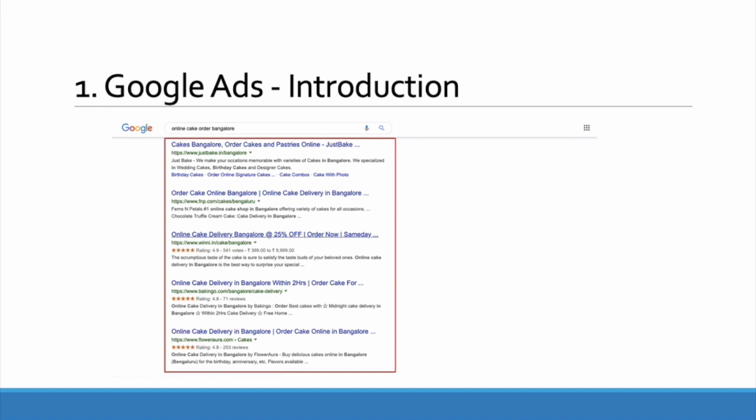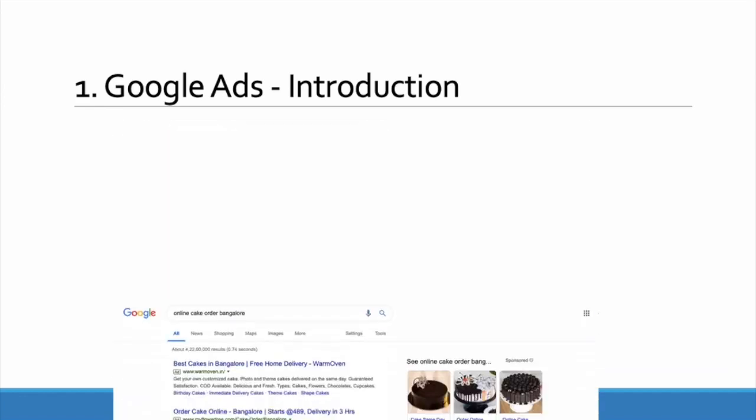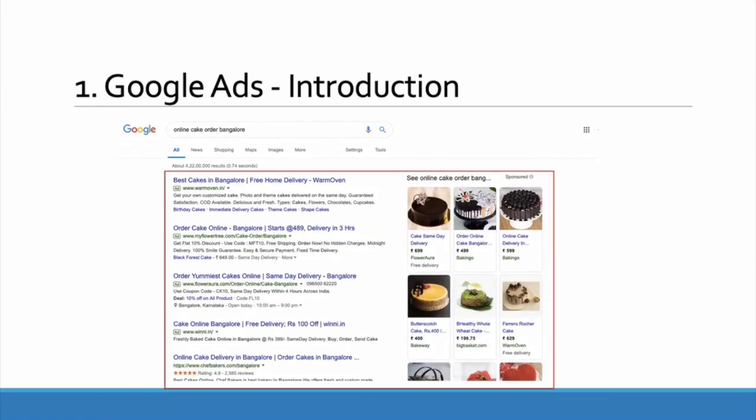Now in this case, I can set up an ad campaign for online cake order deliveries, and as you can see on the screen, I can advertise against the user's search query. The user would be able to click through one of the ads I run on Google. He will end up on my landing page, and with that landing page he will have an option to transact with my business.